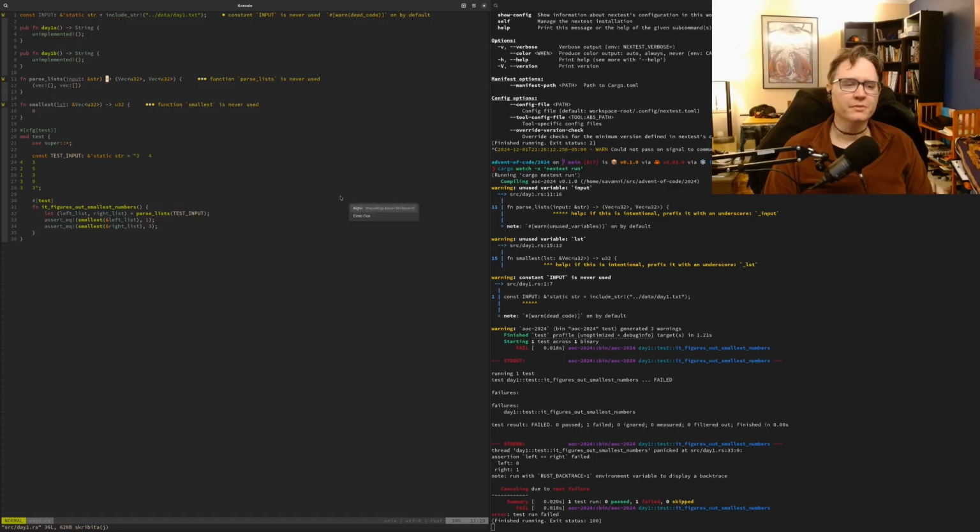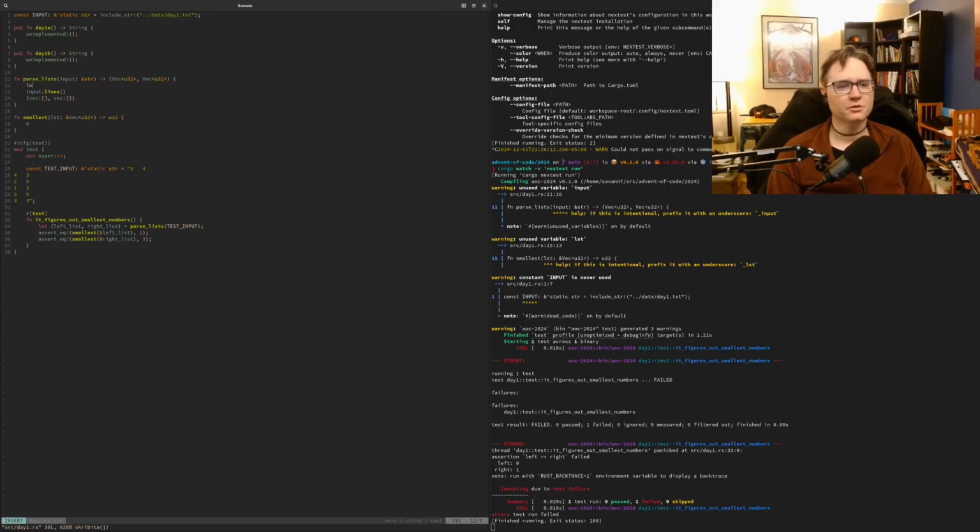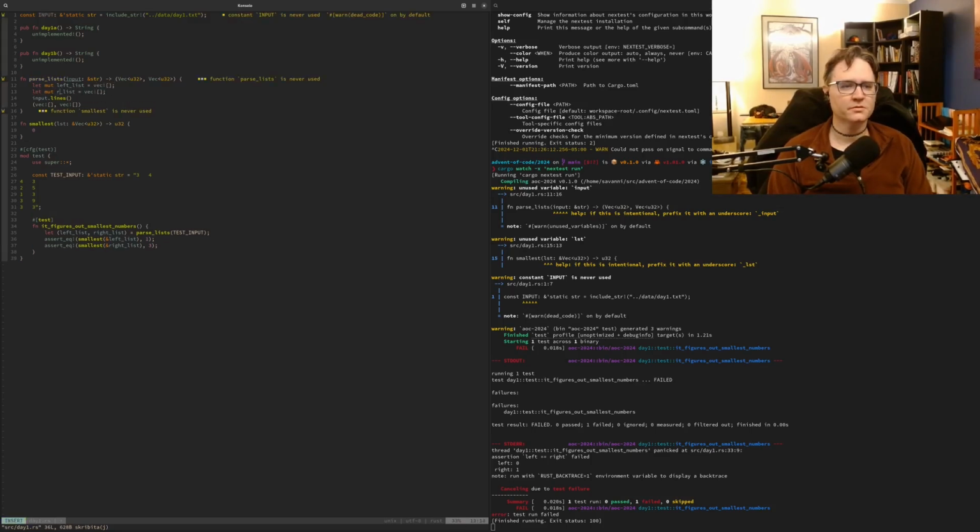Overall, pretty simple. We are much too early to start bringing in a complex parser. So let's take input.lines. Let's see, for each line, we want to split the line into two numbers, and each number needs to be inserted into a list. So let mut left list equals an empty vec, same with the right list.